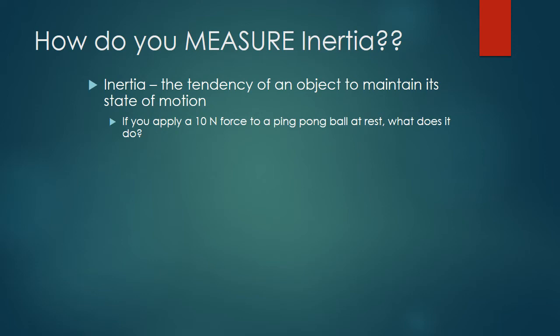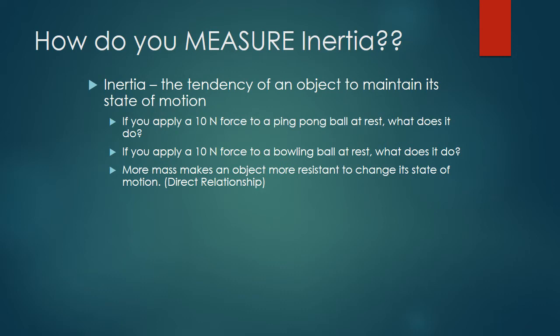Okay. Now I want you to imagine applying the exact same force to a bowling ball that's at rest. And what does a bowling ball do, right? I think you've probably imagined that the ping pong ball, as you're pushing it, just goes real fast, right? And a bowling ball is much harder to push, and it's slower to get going, and it's slower as it rolls. So that means the more mass an object has, the more resistance it has to change its state